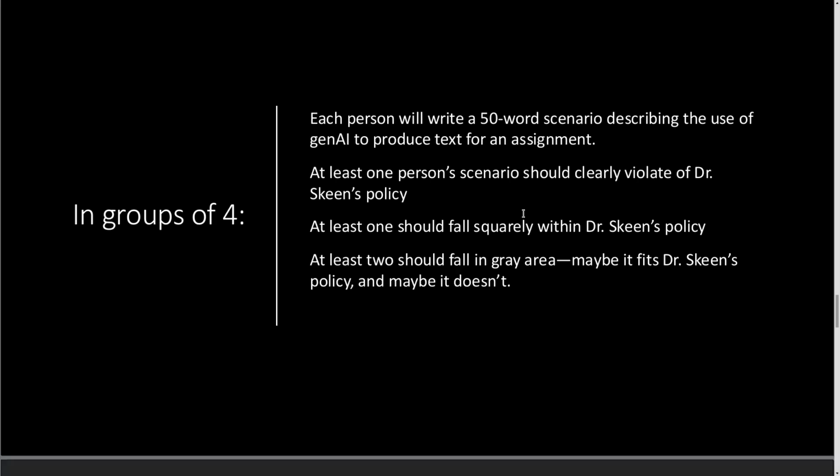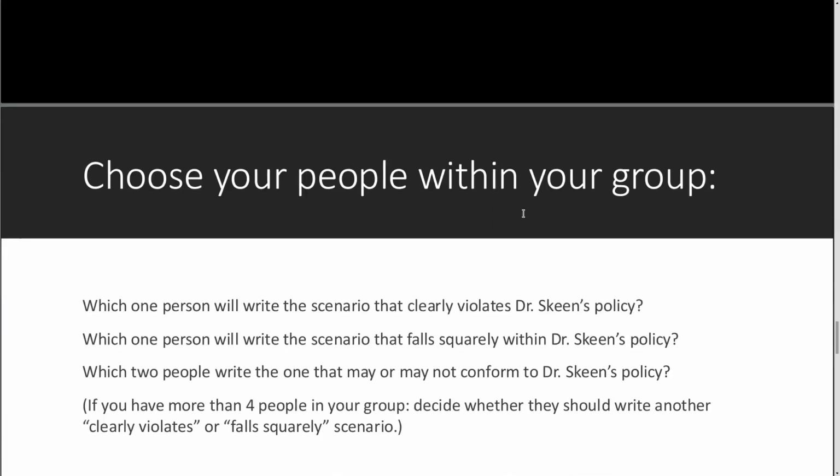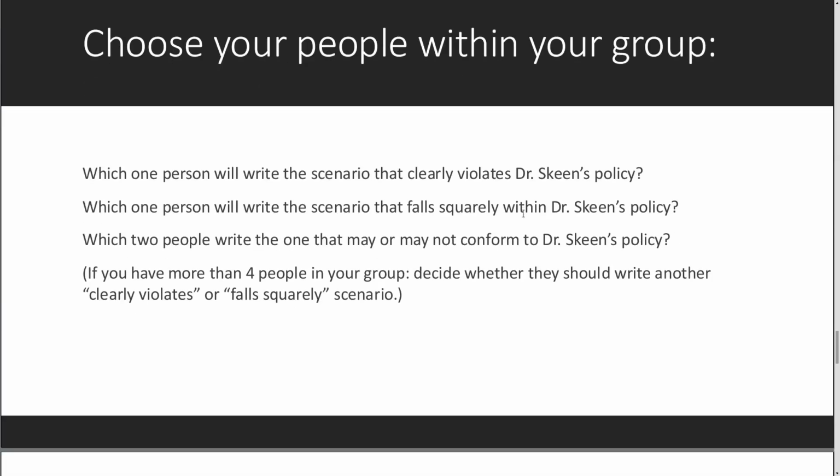And what I do is I like to establish groups of 4 most of the time at the beginning of the semester, with students. And so this is a way to do that, get them going on something together, and they'll do a little bit of writing together. And so after those instructions, I give them a chance to choose the people within their group. I'd probably have to go around the room and assign group numbers and things.